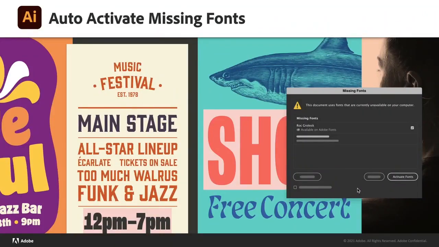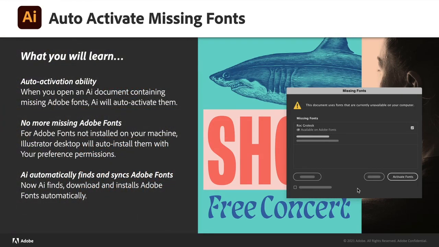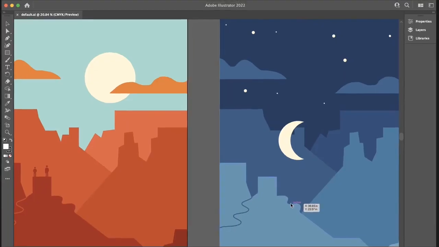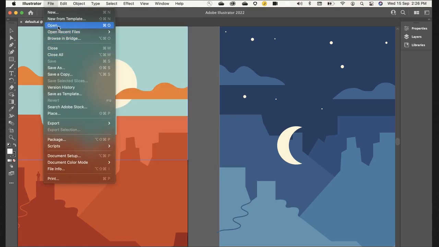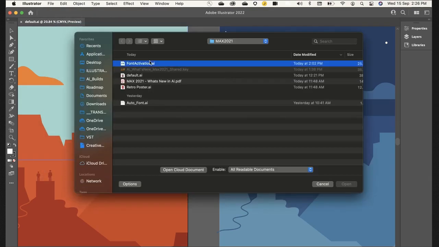The next feature I want to talk about is auto activate missing fonts. When you open a document that has Adobe fonts not installed on your machine, Illustrator will automatically download those for you. So let's get into demo so that I can show you what I mean. So if you open a file that has some missing fonts, like this file,